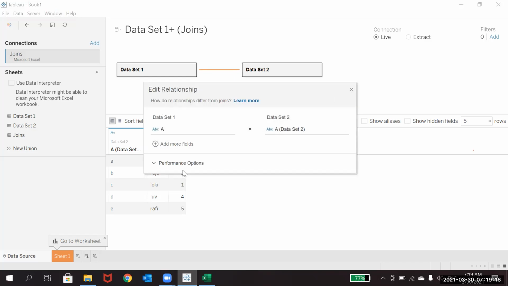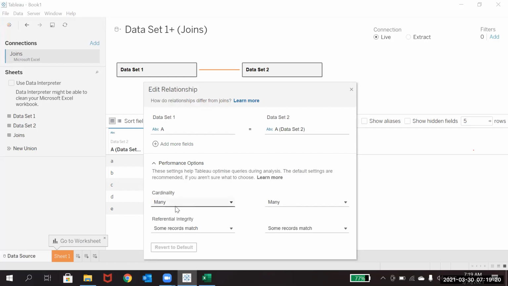So here, if you see, it is asking... here you can change how it should be. One to many or many to one or something like that. And referential integrity is nothing but here: all records which will match, or some records which will match.